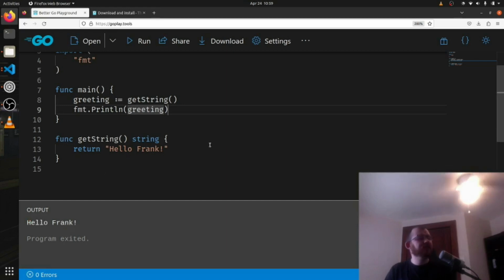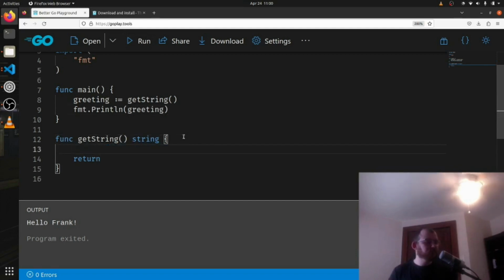Yep. And so there's one other thing in here called implicit returns in Go, and something we can do here that we haven't talked about yet. Let's suppose we do, I don't think I'm ever going to use these. I think it causes confusion, but I want to show it to you because it exists. So we can do something like my string equals hello world, and we can just say return out here with it. Ideally, I would say return my string because I think this is very obvious what it's doing,